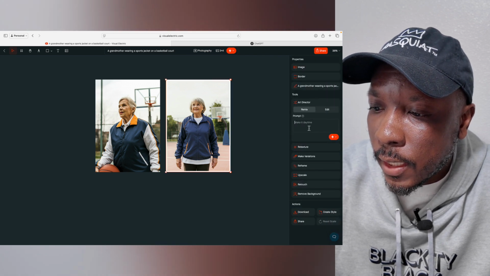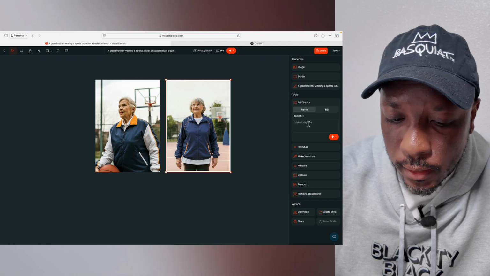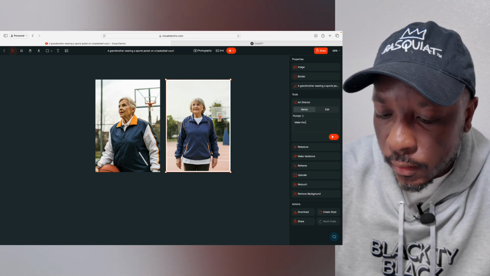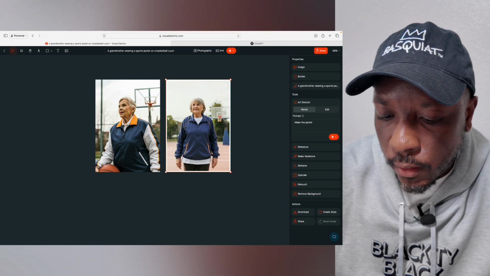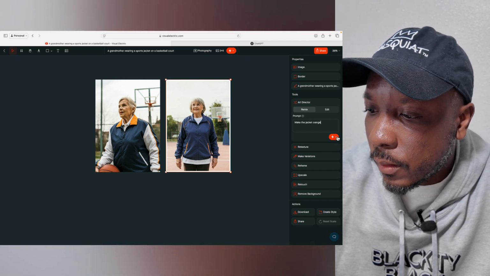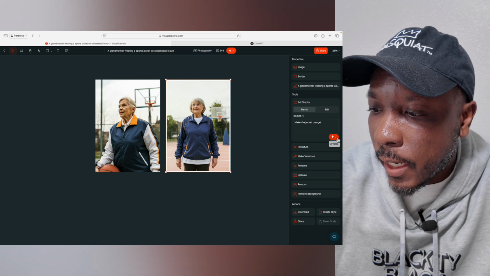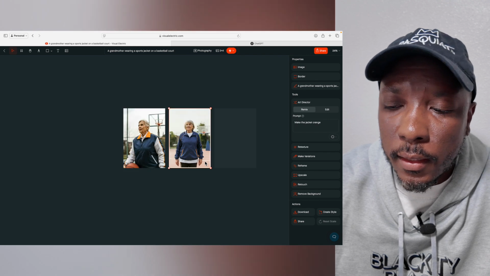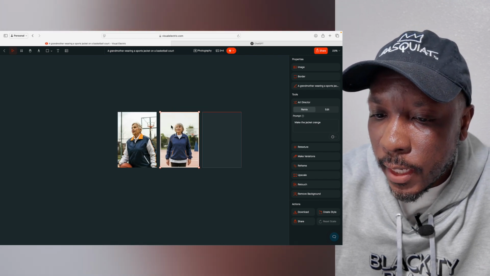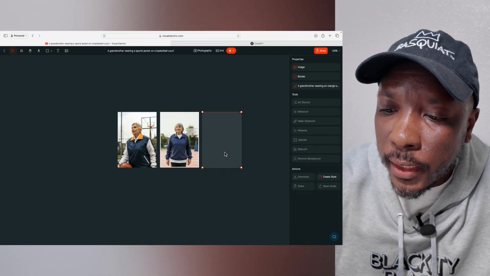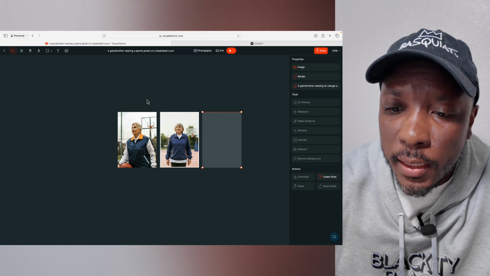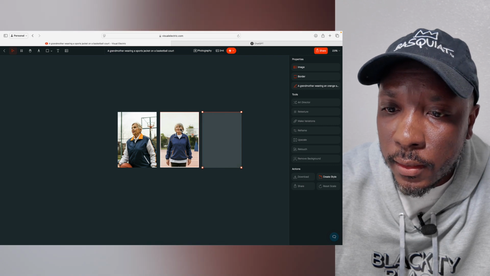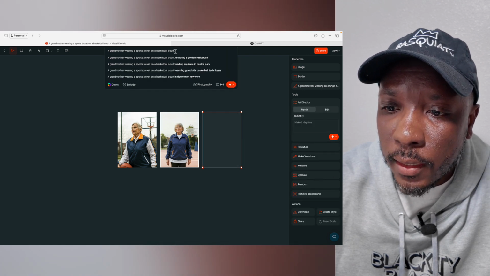Let's say I wanted to change some elements on the actual person. Let's say make the jacket orange. And we could decide how many we want. Let's just do one because we're really doing this for demonstration purposes. And you see how when it generates, it's going to generate to the right side because it recognizes that this is going to be similar to this. Versus if I were to create something totally different,